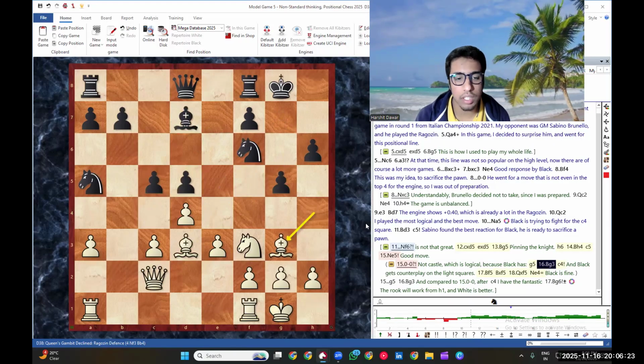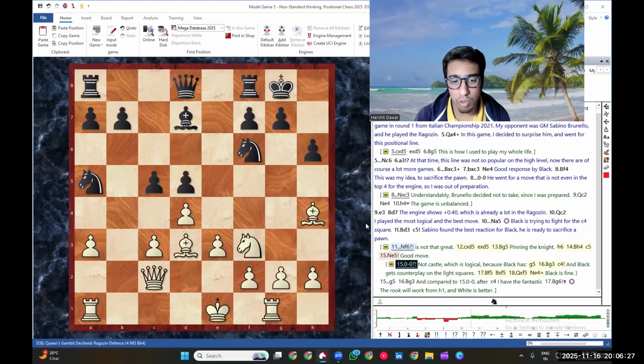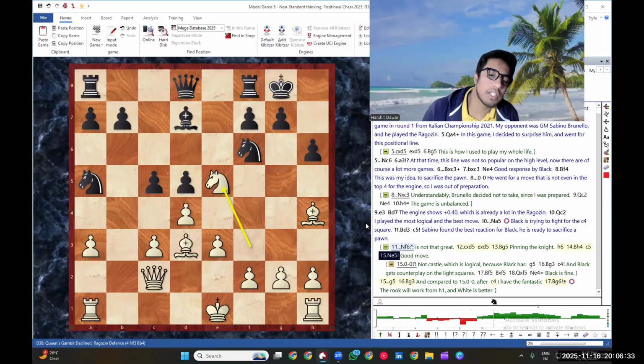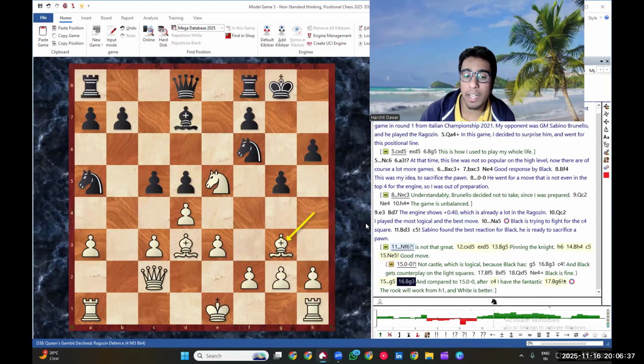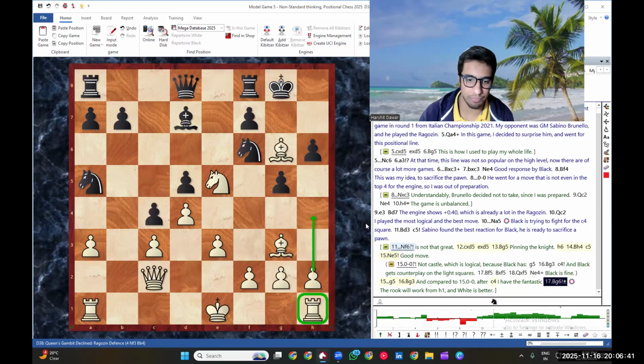And that was the reason, due to this counterplay, that the best move would have been after c5 to go knight e5. Very nice and good move, delaying the castle, but with a very subtle idea of, let's see, g5, bishop g3, and compared to castle after c4, I have this fantastic bishop move, because obviously there is some attack. The rook will work on h1, and white is clearly better.